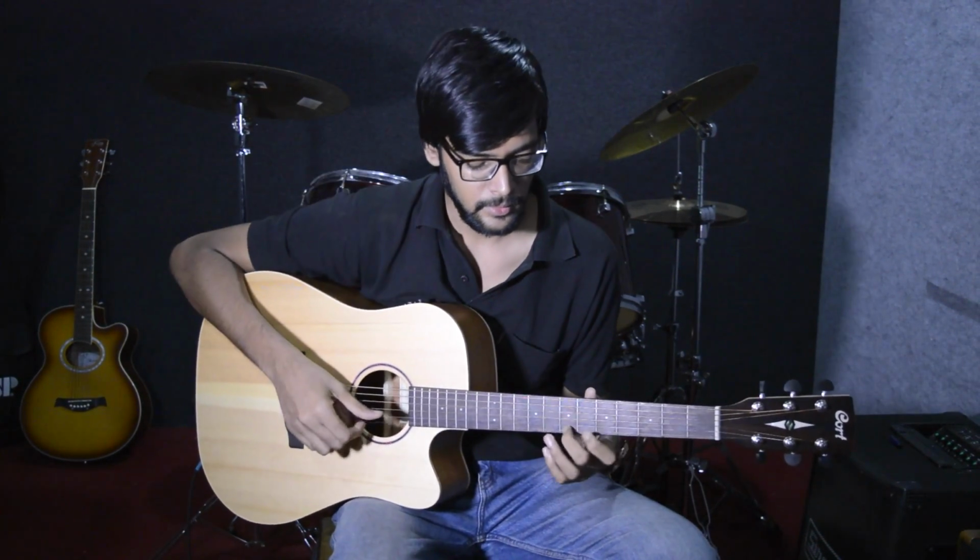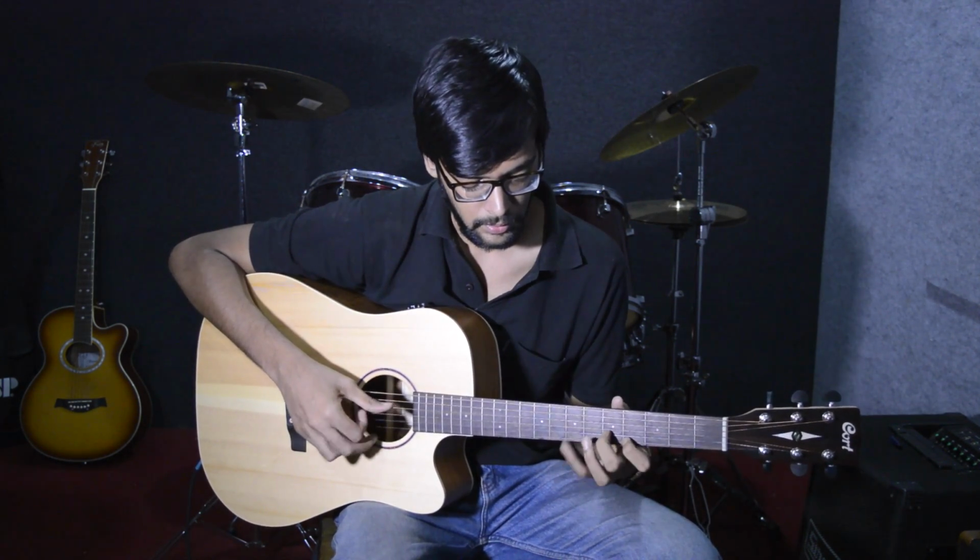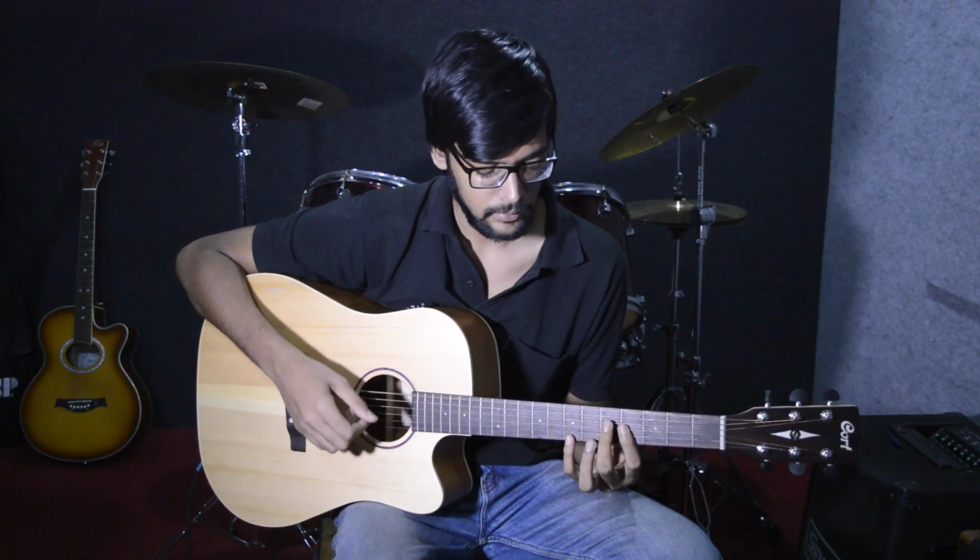First thing that you want to know about playing with a slide is it's a different kind of instrument when you play with a slide or without a slide. Because when you're playing without a slide, you don't really have to care what's going on behind the fret that you're fretting. But when you are playing with a slide,